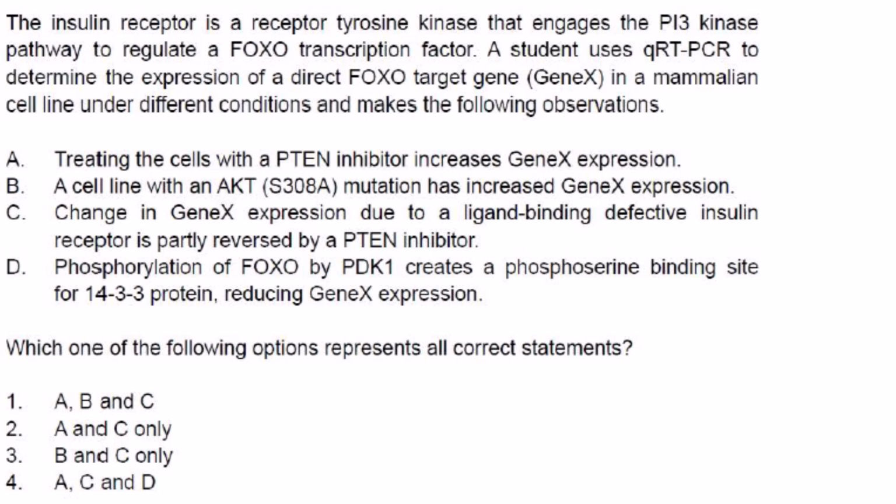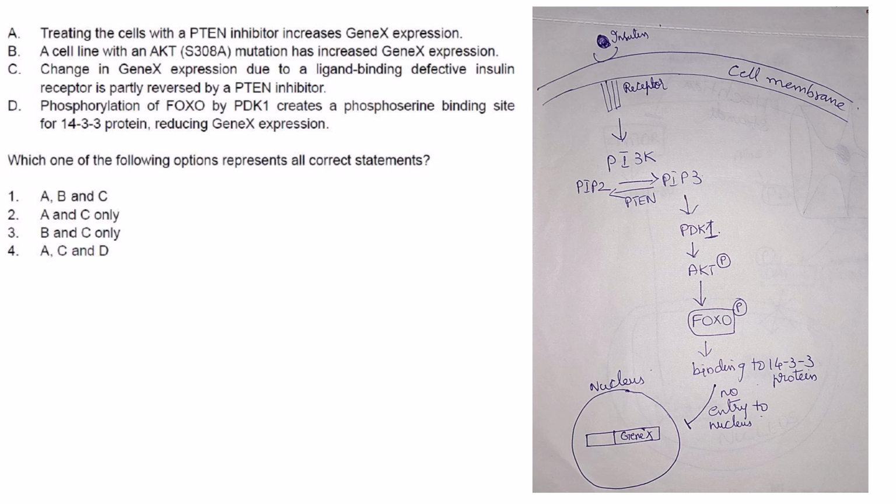Whether FOXO is binding to gene X, transcription takes place. If FOXO is not binding to gene X, transcription will not take place. That the student can measure by QRT-PCR: whether the gene is transcribed, you will get a curve. If it is not transcribed, you will not get a curve, like that. Just an example I told. The student does this in a mammalian cell line under different conditions and makes the following observation. So which are the correct statements? So what is this